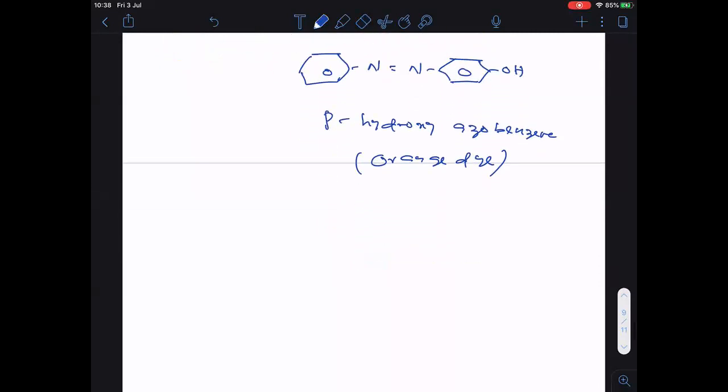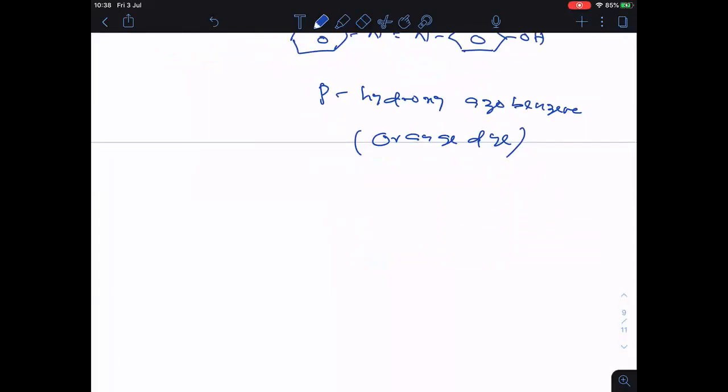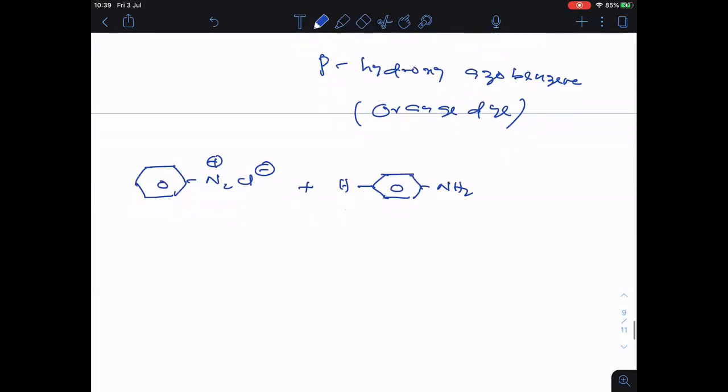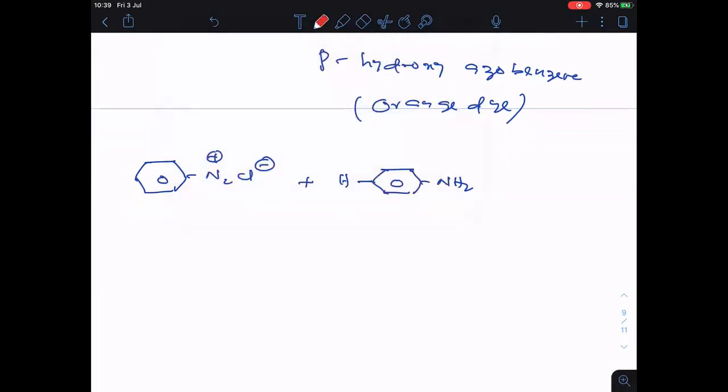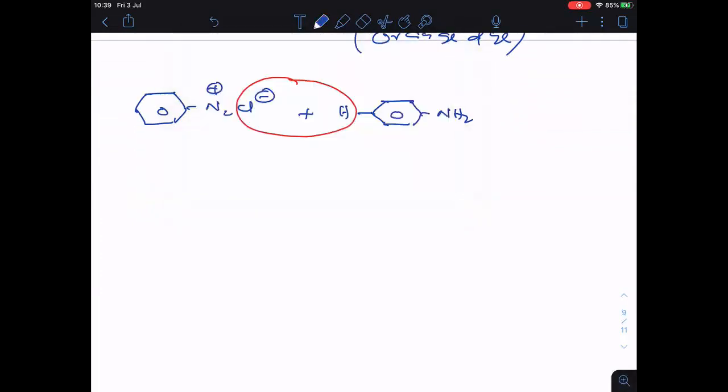In this one more important reaction is there. In these coupling reactions, two rings are coupled here. Okay, so this is benzene diazonium chloride. This is aniline. Benzene diazonium chloride plus aniline. Followed. So similarly here also HCl is removed out. Clear?